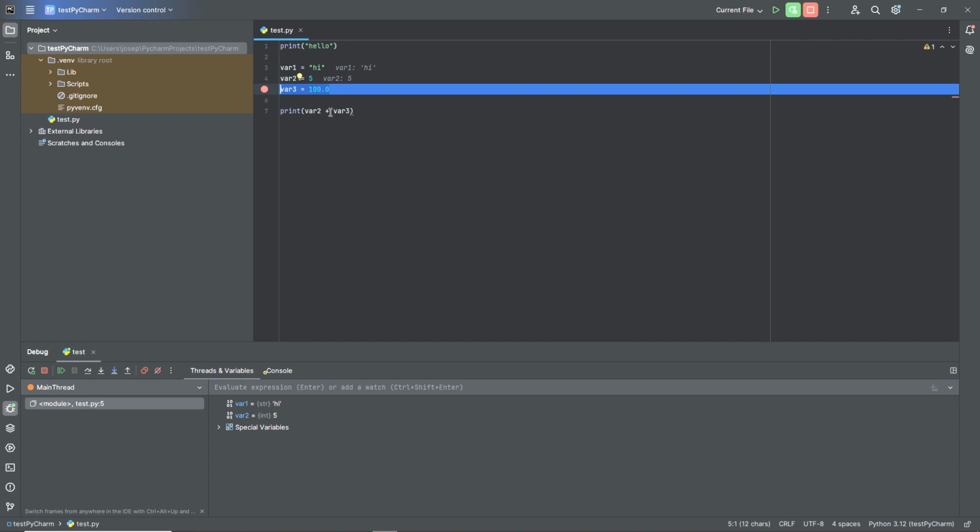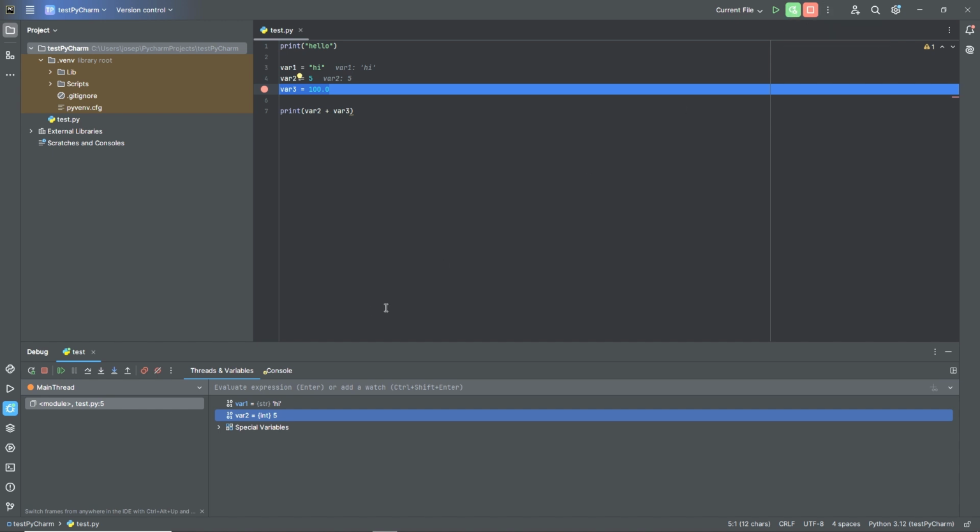So now our program has stopped here. It's mid-run, and we can look under this debug section at some of the values of our variables. So we see var1 is equal to high, var2 is equal to 5, and that can be very useful. If we're running a program and we need to look at things, figure out what's occurring, we could have dozens or hundreds of variables here and inspect them. So very useful, very powerful in PyCharm. Now, if we want to keep going,